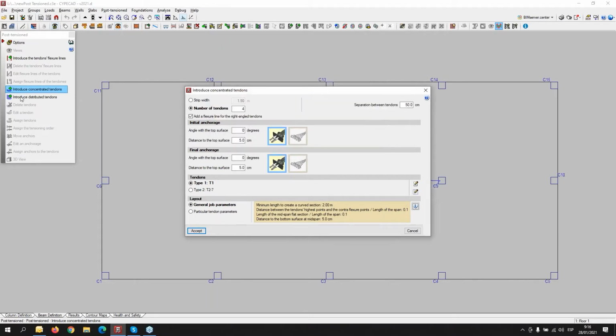So the introduction that we will do is following the general job parameters, but we have the possibility to define particular tendon parameters for the different position of the groups. In this case, we will use only general job parameters. So I will accept,